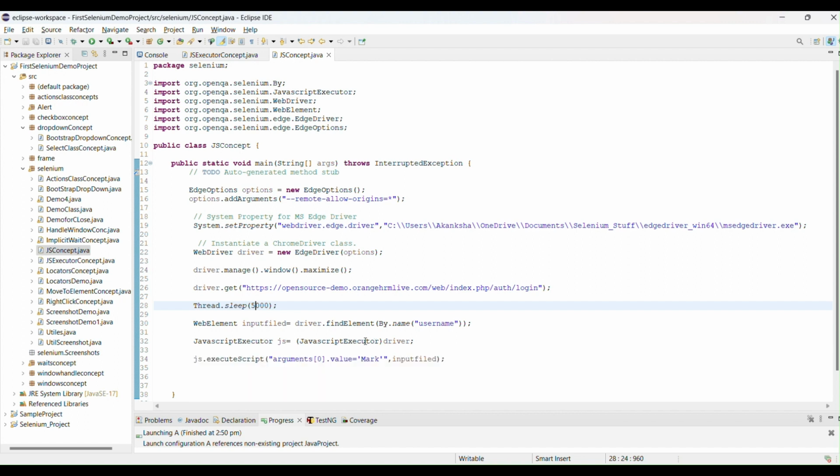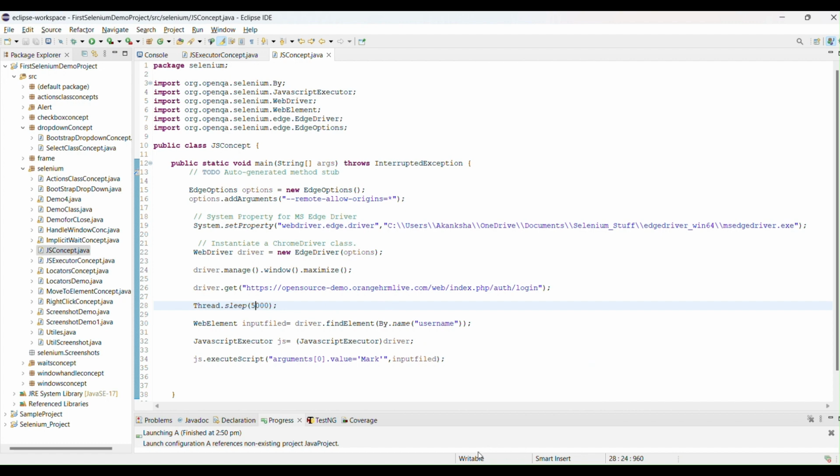Create the JavaScript executor object, use the execute script method, and provide the arguments. The value will be arguments[0] dot value, and whatever value you want to enter you put inside quotes, then a comma, and provide the element name. This way JavaScript executor will understand we need to enter the Mark value inside this field, and our program will execute.